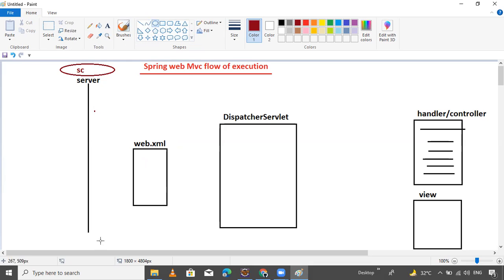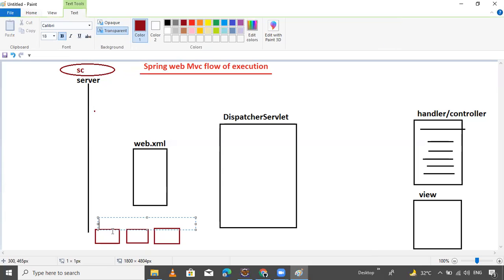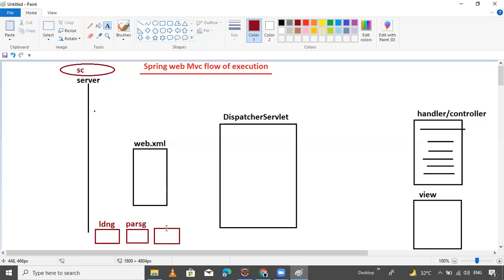Just loading the web.xml file, parsing the file, and reading the content.